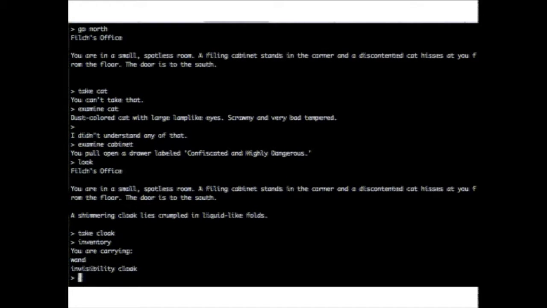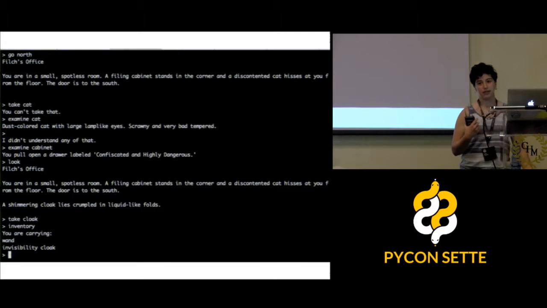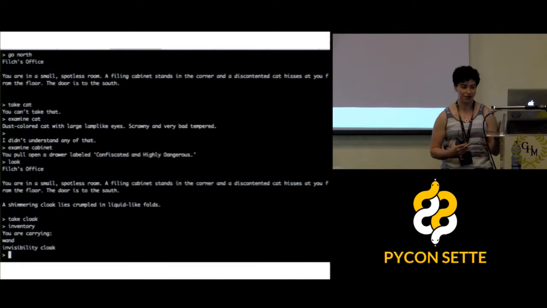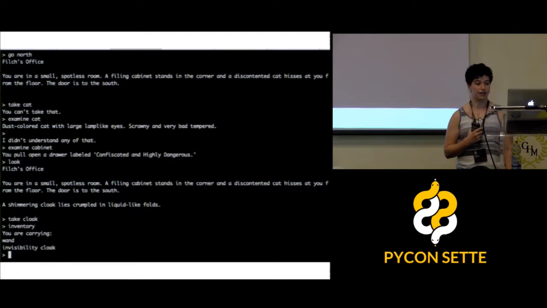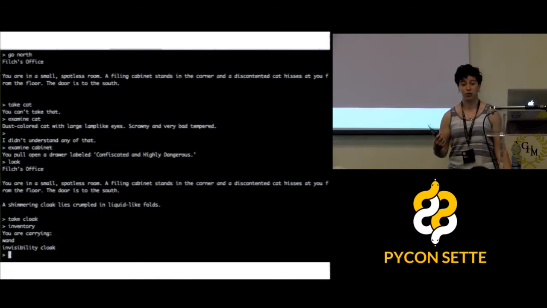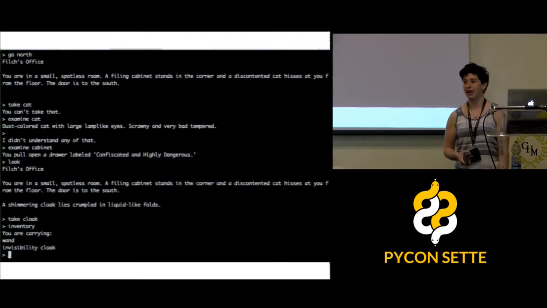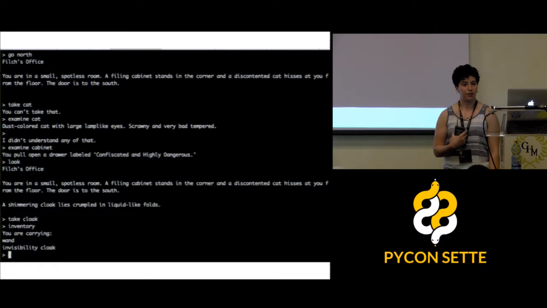Okay, so to answer the question of how a text adventure works, let's just try playing one. So this is a scene from my text adventure game, and there are some things that you can gather about how text adventures work just from the screenshot. So first of all, as I said before, text only in, text only out. The game is making decisions based on my input. The game has state. So at this point in the game, the player is in a room. The room contains a cat. The cat has a mood, and that mood is unhappy or discontented. And those states can change.